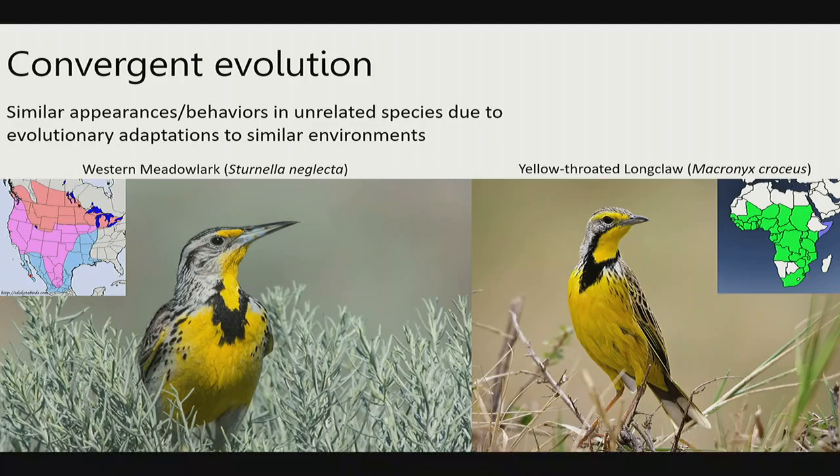The shape of their bill, how they get food, is kind of a good way to pluck animals off grass, eat seeds, that sort of thing. But there are other things about this convergent evolution we still don't understand. We don't know why this coloration, even the patterning, evolves so similarly in these two species that have no relationship and live so far away. So really cool. We're able to understand some of this convergent evolution, but certainly not all, right?